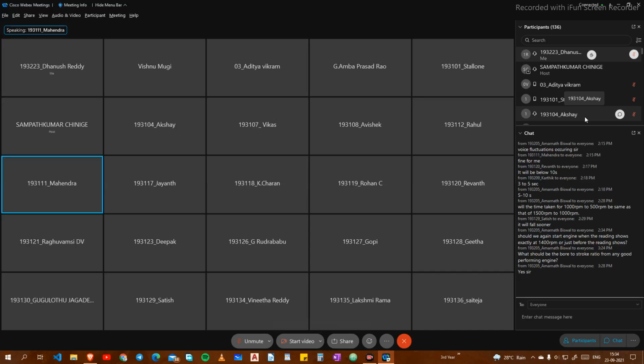Okay, but that is the British horsepower. For metric horsepower you have to take 0.736. Yes, sir. It's wrong, right? I just wanted to confirm that. You have to multiply by 0.736. In every experiment we discussed, to convert HP into kilowatt we have to multiply with 0.736, sir. Correct. Okay, sir. Thank you. Then the value of brake power will change, right?